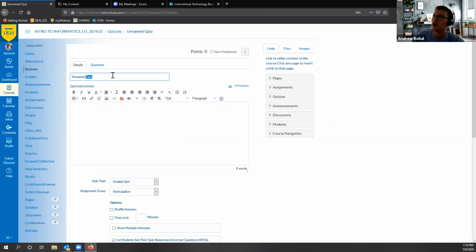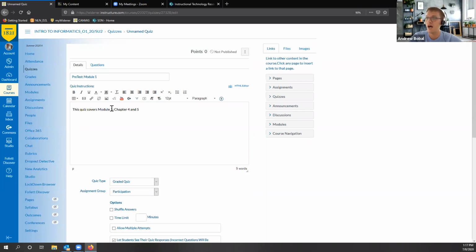I'm going to name here, and I'll start here with module, or how about I do pre-test module 1, okay? Now that is just the title of the quiz, so I don't have to put all the information. If this is about different chapters or an article or a specific day the lecture took place, I can provide that information down here in my details the same way I do anywhere else in Canvas in this HTML box. So I can type out, this quiz covers module 1,